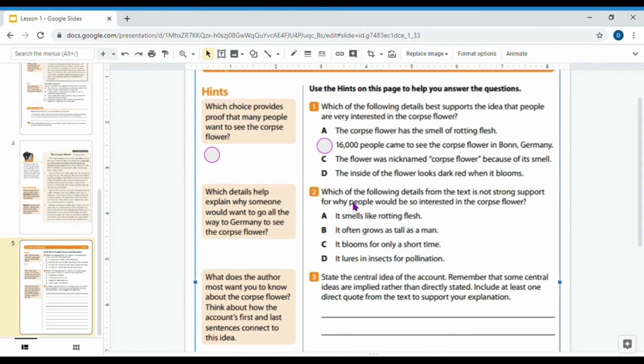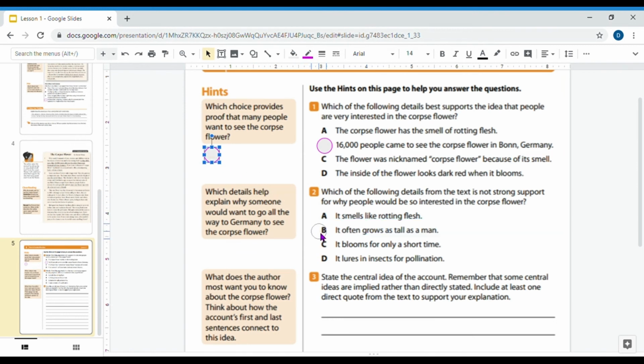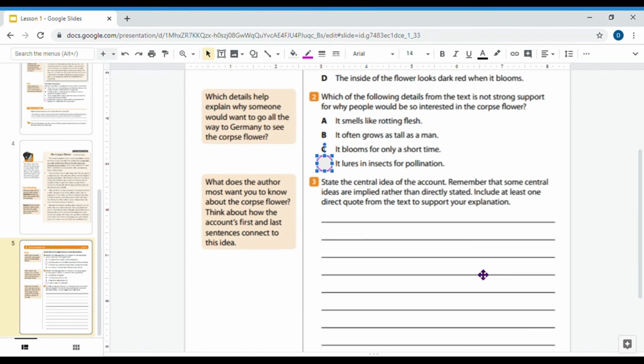So we know people want to go see it because it smells and that it's giant. And people are also flocking to go see it and standing in line because it only blooms for 1 or 2 days. I don't know about you guys, but the fact that it lures in insects is kind of what makes me not want to go see it. Well, besides the smell, I mean, that makes me not want to go see it, but it makes other people want to go see it. So, the luring in insects is not a strong support reason for why people are interested in seeing it. And then our last